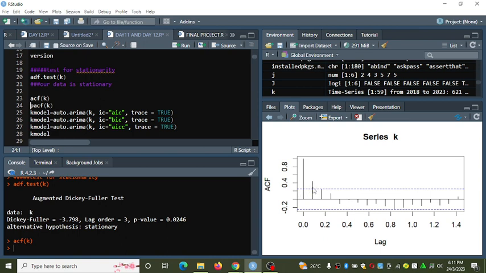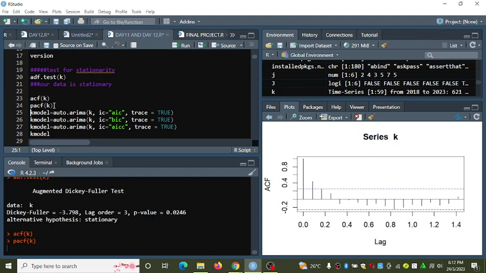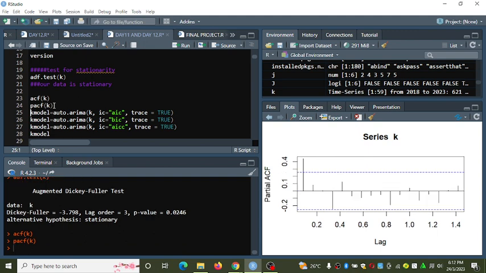For example, here we have 2 for the ACF. And for the partial, we have 1 outside these bounds, and another one here touching those bounds, but not breaking the dotted line.